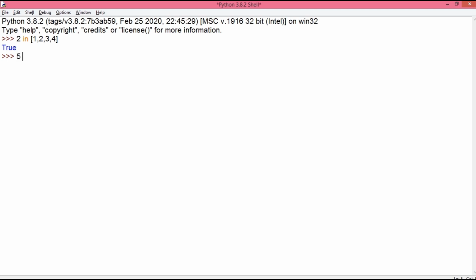If I write 5 not in and I write the above sequence only, then this will evaluate to true because 5 is not present in the numbers 1, 2, 3, 4, and that's the reason a true value is returned. Let's check some values in a string. So if I write here capital O in Python, because capital O is present in the string Python, this will return a true value.